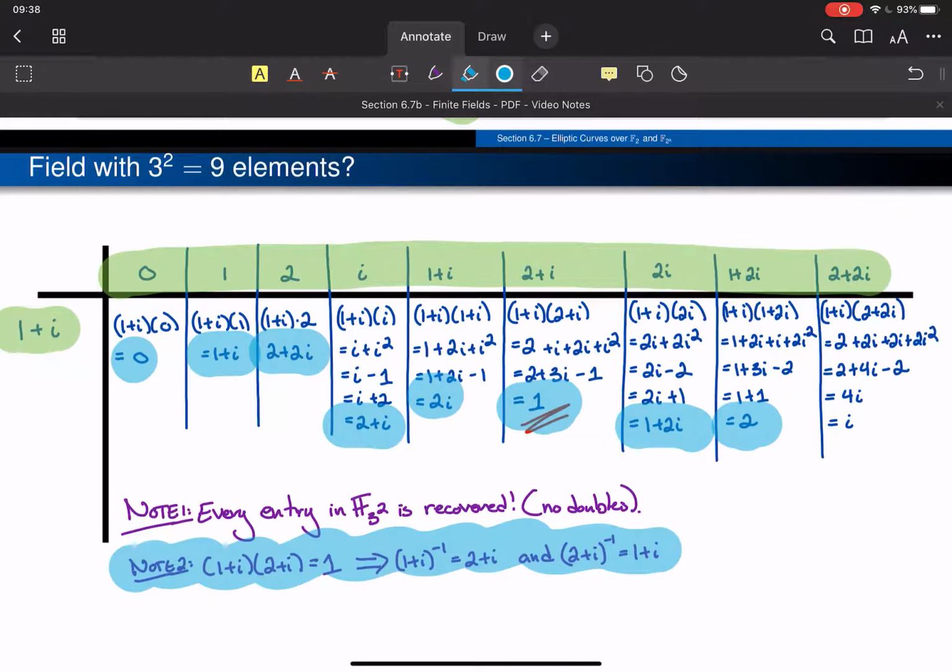And then 1 plus i and 2 plus 2i, if you do the fancy distribution, we end up returning with just this little i. So the thing to note here is that in this giant multiplication table, on that particular row, if I multiply all of those entries by 1 plus i, I essentially just reshuffle the deck. I get all 9 entries back, they're just in a different order, which is exactly what